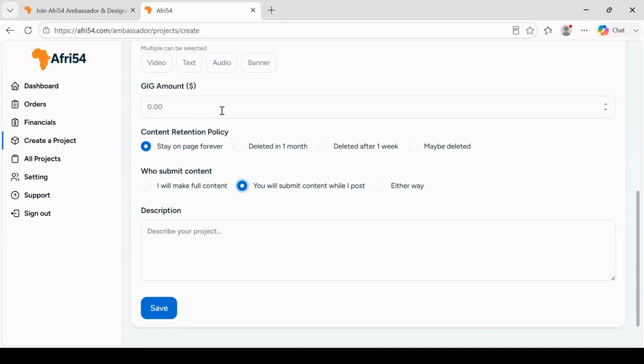So in their dashboard, they as a business owner, they will see the country. Because for example, if I'm in Ghana and my business is in Ghana, I might not have business with somebody in South Africa to help me promote my business. My business is only in Ghana, so I must choose an ambassador that is working as an influencer that is in Ghana. So they will pick the country, then they will see all the